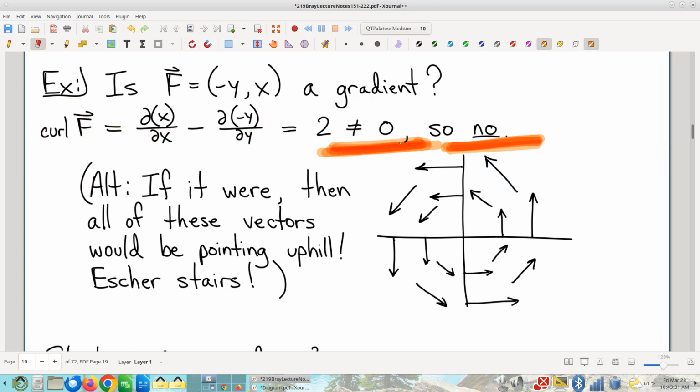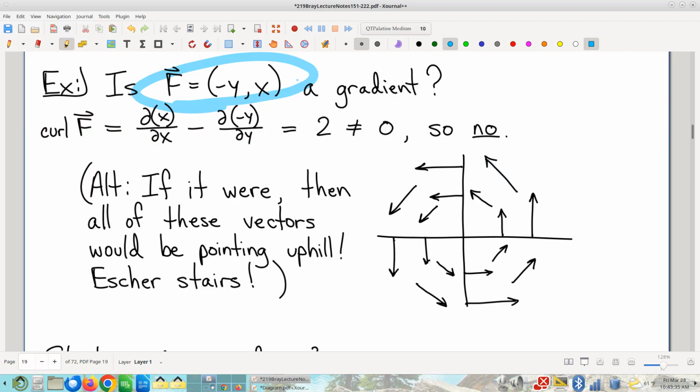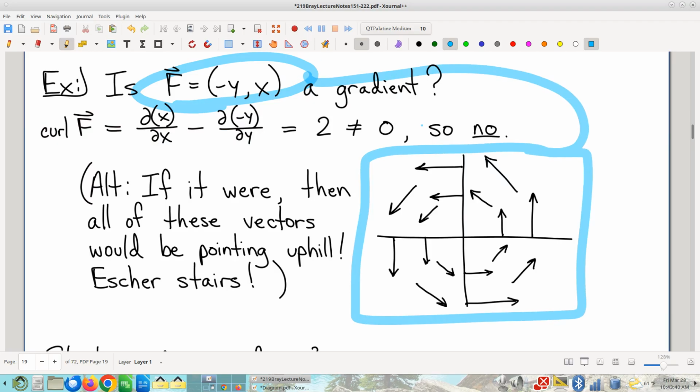By the way, there's some satisfaction to be had in thinking about this geometrically. Y'all will recall we've seen this vector field before. That vector field looks like this. And if that were a gradient, let's just think it through. If that were a gradient, what would that tell me? Keeping in mind, gradients always point uphill. What mountain have you ever seen where that's a collection of arrows that are all pointing uphill? It doesn't make any sense. How could all of those arrows point uphill?